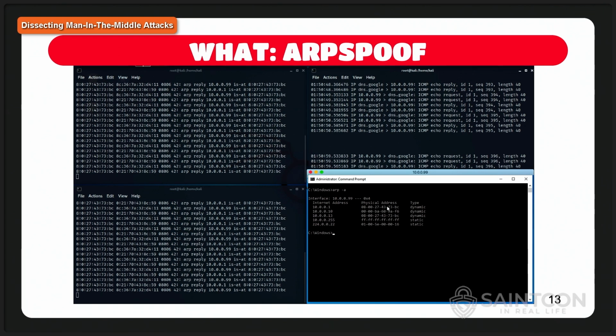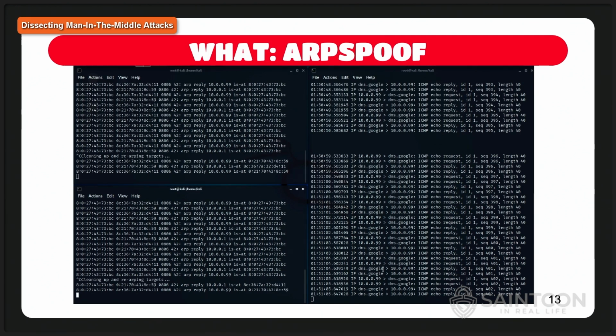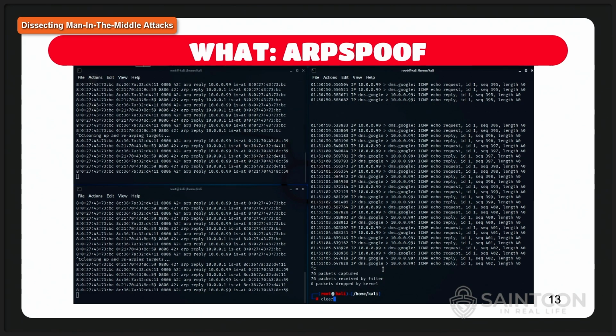machine. And if you look at the ARP cache of the victim's machine, the default gateway has changed to 73.BC. And then you can also see that that's the same MAC address as the attacker's MAC address, right? So this kind of gives away ARP attacks. When you see multiple MAC addresses in your ARP cache that are the same, you know that somebody is doing something